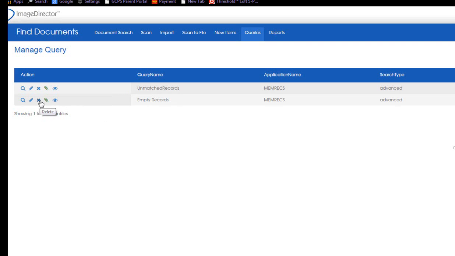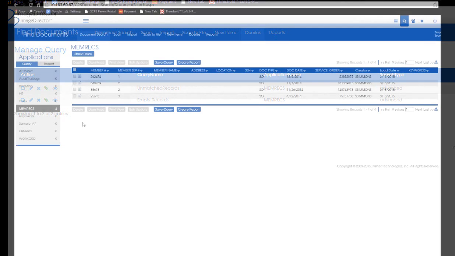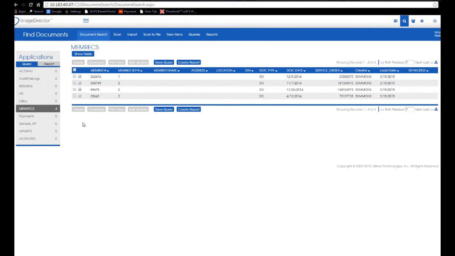Delete allows you to delete the query from the Manage Query list. The Edit icon will take you back to the search page so you can make changes to your query. You can execute the query by clicking this icon. Since you probably want to run this particular query on a regular basis,